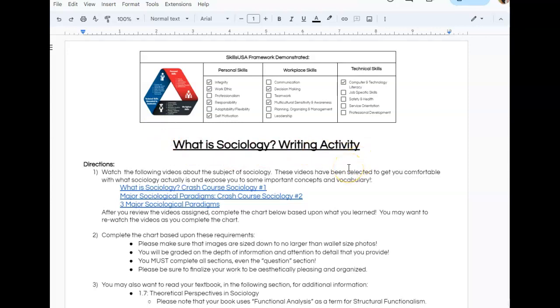your Google Drive. Please be mindful that if you have any other Google accounts, you need to make sure you are logged out of all of them and you are only logged into your Nash Community College student email account, because when you click that button that says make a copy, it is going to deposit into whatever Google account is active in that upper right-hand corner. So make sure for submission purposes that you are in your Nash Community College email account. And if all else fails, just log out of every account that you have and only log into your Nash